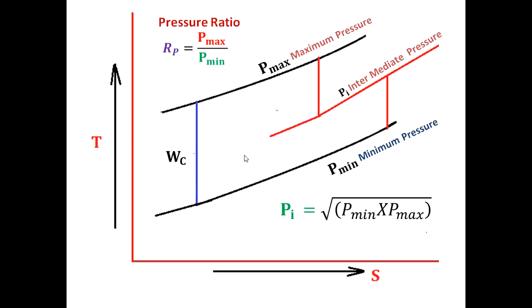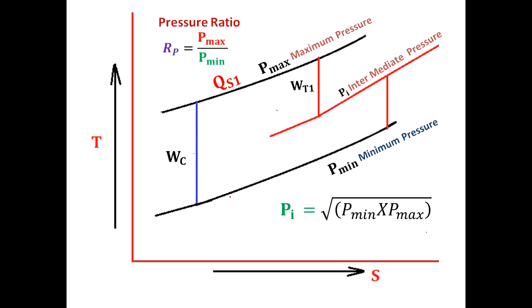So intermediate pressure will come into the picture. Why? Because this is reheating. While reheating, heat energy supplied QS2 is at a lower pressure than the maximum pressure. Then it will fall in between these pressures. Therefore you can take the square root of P minimum and P maximum. You can assume 1 atmospheric pressure, and if it is 9 atmospheric pressure, then 9 into 1, square root, is equal to 3 bar, which you want to take.